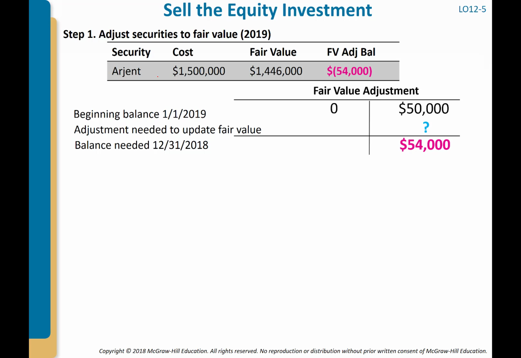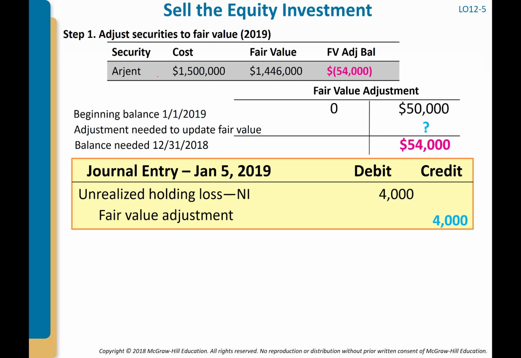And so we had what? We had the 50. We need 4,000 more in there, don't we? So what do we do? We go ahead and debit the unrealized loss 4,000 and credit the fair value adjustment to bring it up to 54. Okay? So anytime you're looking at a problem, guys, and they're asking you what is the amount that should be put into the fair value adjustment,